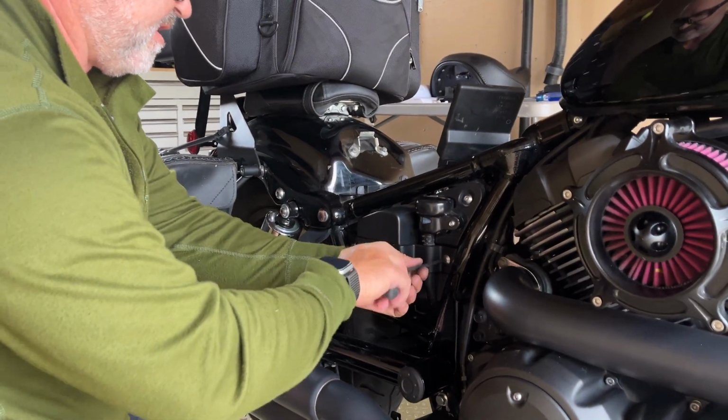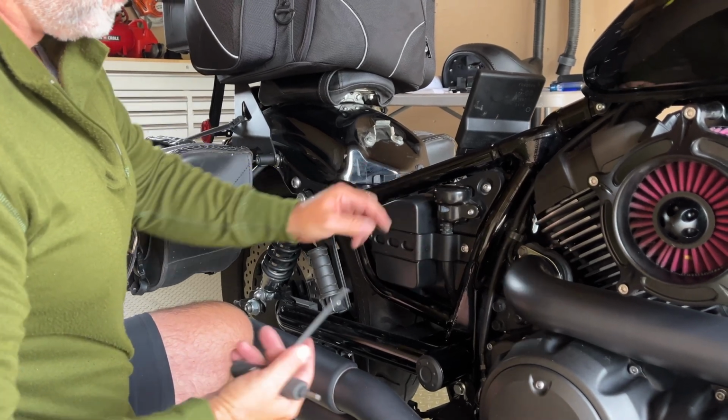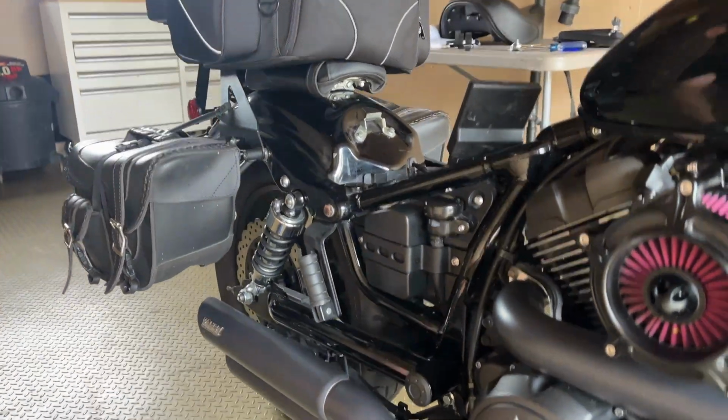And just like I said, right? If you like, you could put a blue Loctite. I don't. You know what I mean? This is going to wiggle a little bit. Okay, doesn't matter. Okay, so now we're going to install